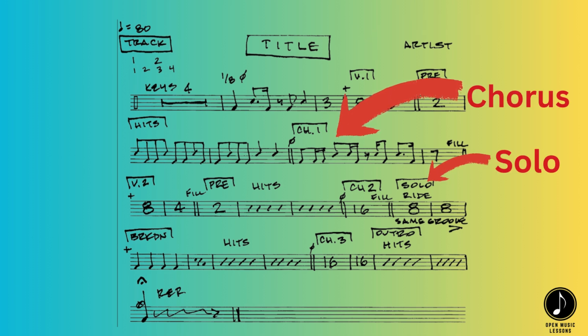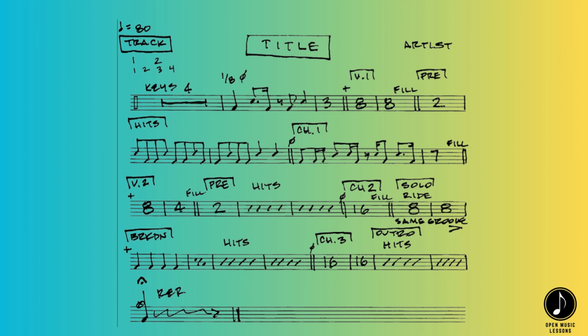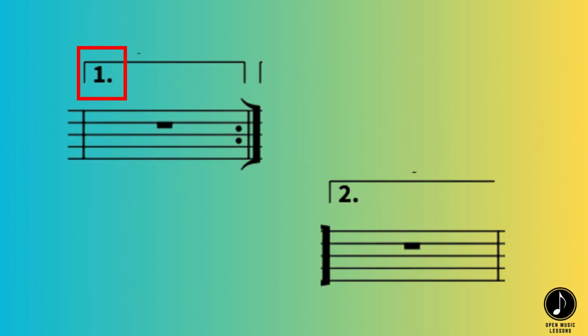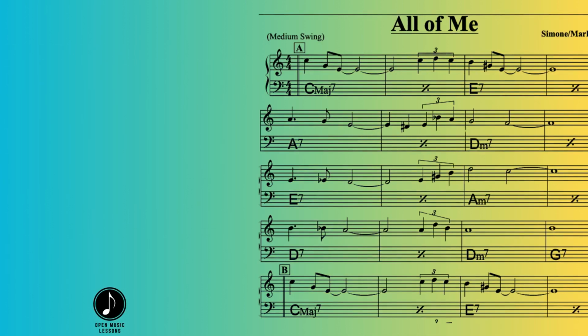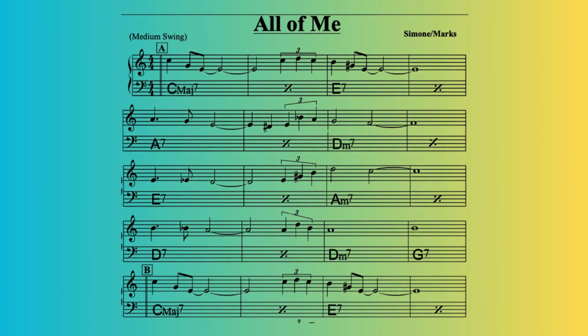In a rehearsal context, a band leader may suggest going from the 5th bar of verse 2, for example. You can see an example of a drum chart on screen now, where a drummer has made a quick outline of the piece, so that they know where each section is when practicing and performing a piece. If you're wondering what those numbers are, here and here, we'll look a little later on at first time and second time bars. In jazz, lettered rehearsal marks are most often used.